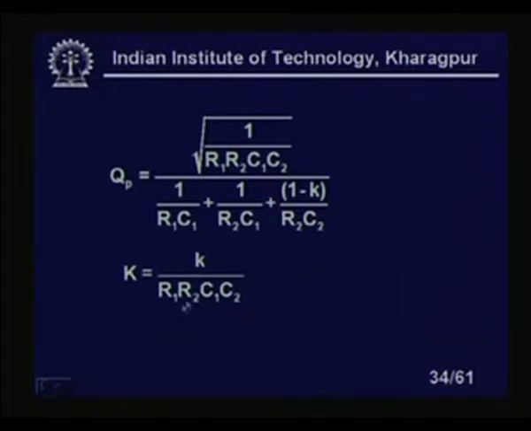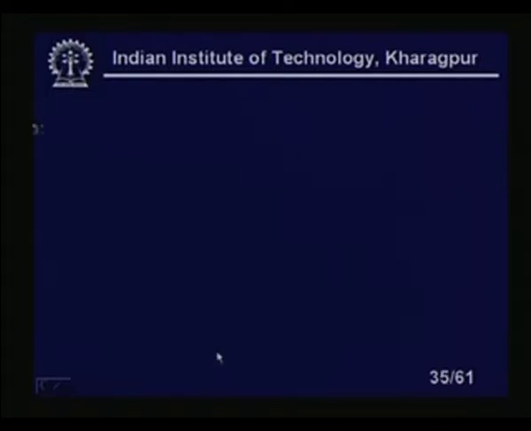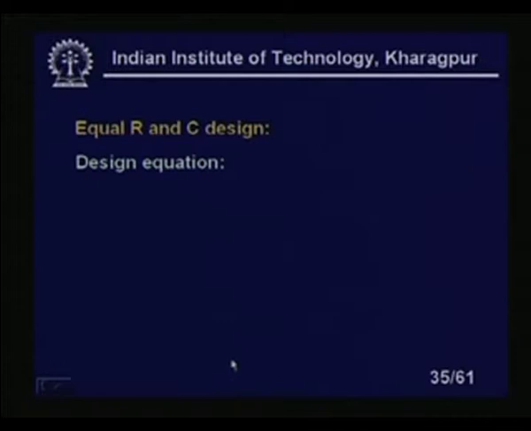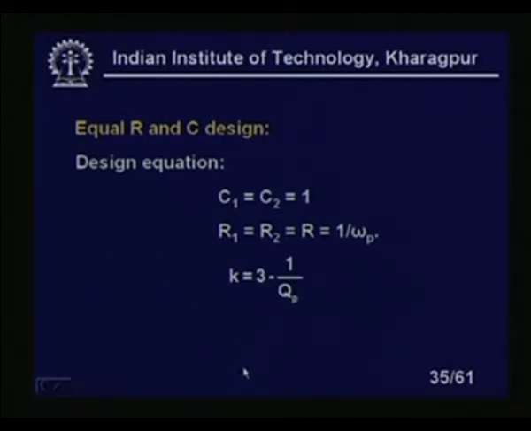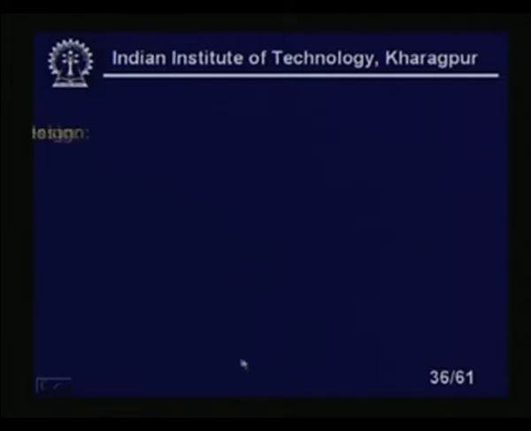and gain constant capital K equal to small k upon R1 R2 C1 C2, right. Now, equal R equal C design: in this design for the Sallen-Key low pass filter, C1 equal to C2 equal to C, R1 equal to R2 equal to R equal to 1 upon omega p. So, obviously, small k equal to 3 minus 1 by QP. Now, unity gain amplifier design